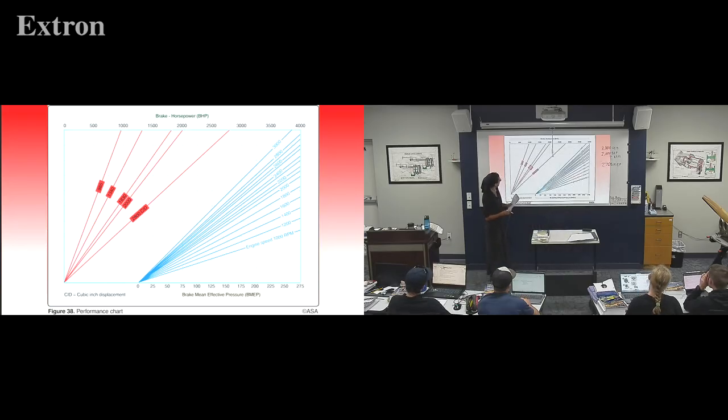over, we're going to use our 2,800 cubic inch displacement, and our brake horsepower is 2,000. So we come down to there, but now we don't know our RPM. So we kind of hang out there, come down here, brake mean effective pressure is 270. So this